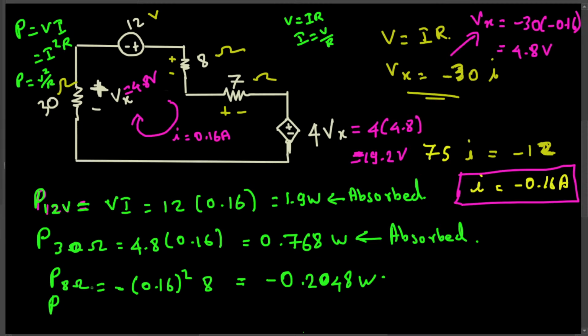And power at the 7 ohm resistor, again we can use the same equation, I square times R. So 0.16 square times R, which is 7 ohm, and if you calculate this one, you're gonna get negative